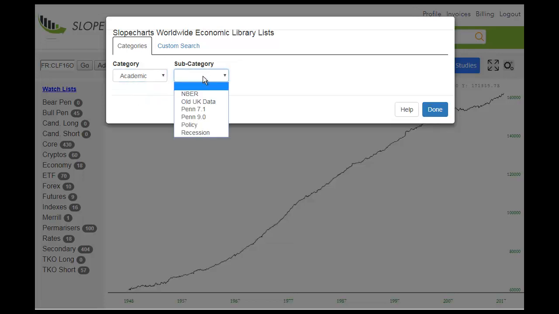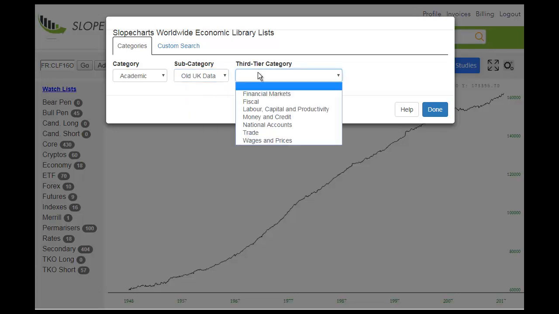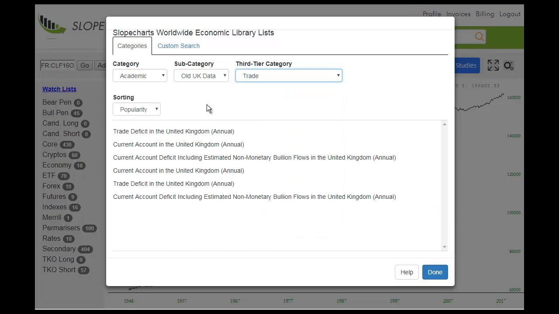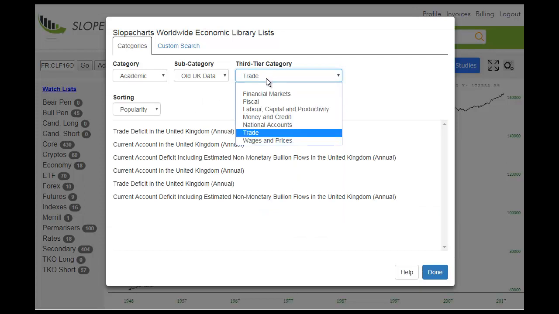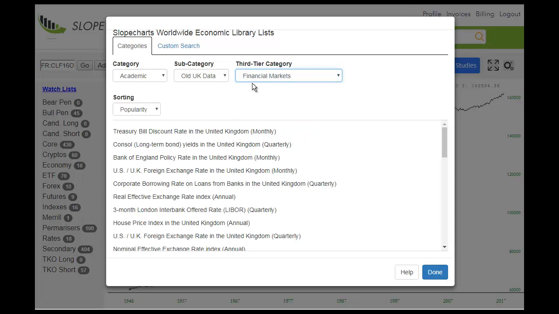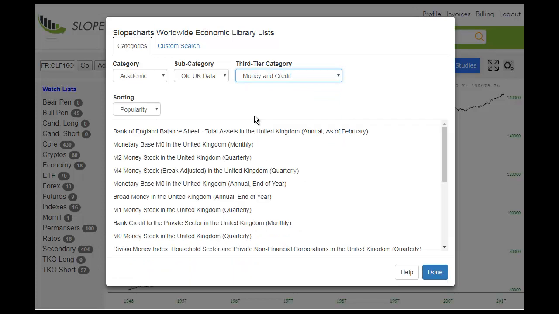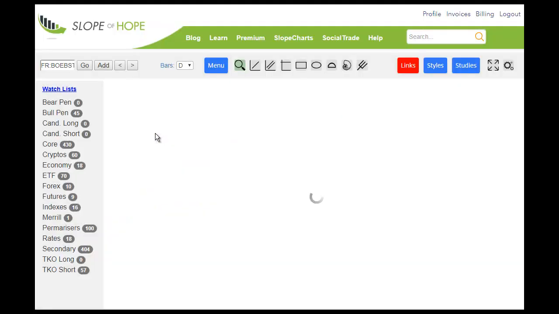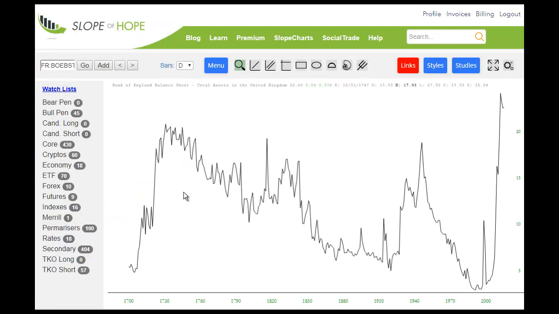Here's the academic category. We could choose old UK data and go down here to trade, for instance. And that one, you know what, that doesn't look terribly interesting. Let's try financial markets. And we're going to try a third one here. I want to look at something good. Money and credit. Okay, the Bank of England balance sheet. We'll choose that. And yeah, this goes back to literally,